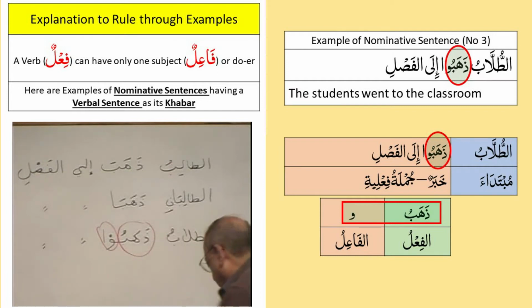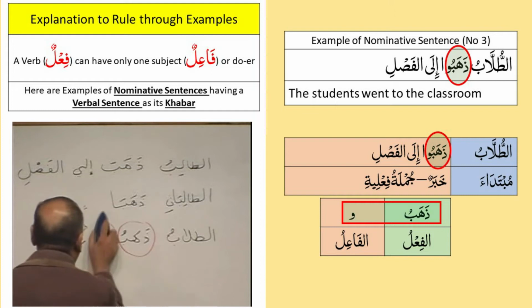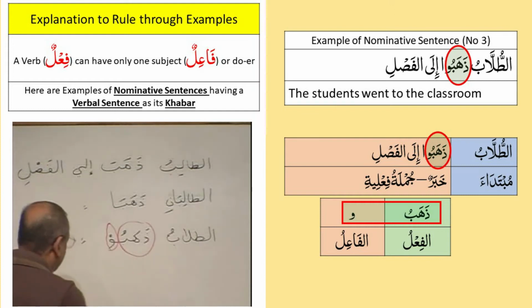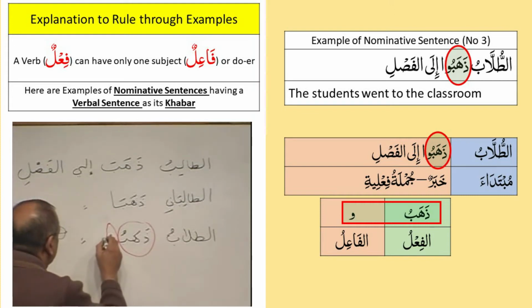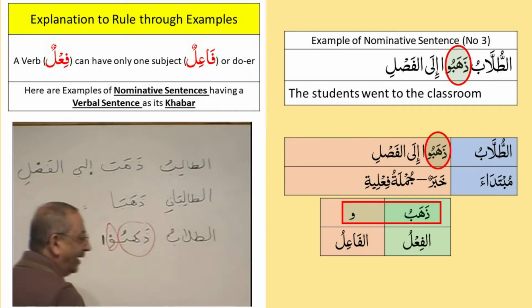I should not do it this way, and then I keep the alif outside. By the way, what is this alif? Now I can explain to you. What is noon? Nunu wiqaya. What is this alif? Alifu wiqaya. It protects the waw. See, before we could not go into detail. Now this is alifu wiqaya. It protects the verb. Okay? Waw, especially waw.